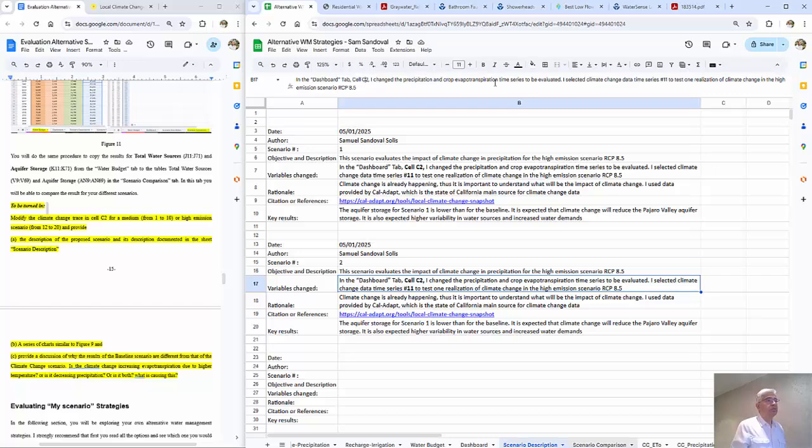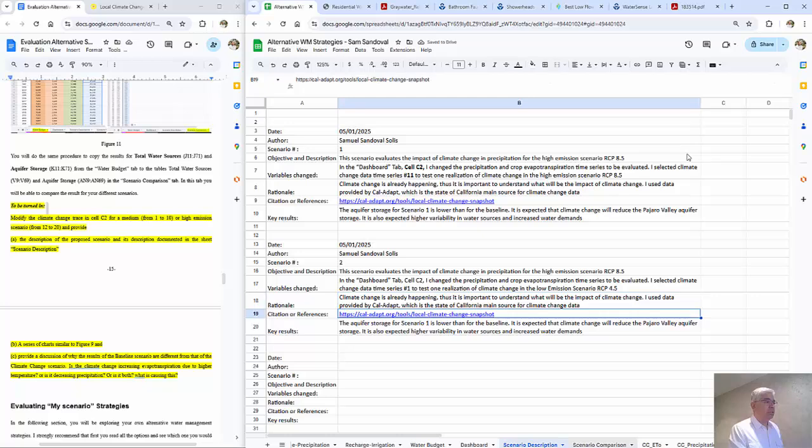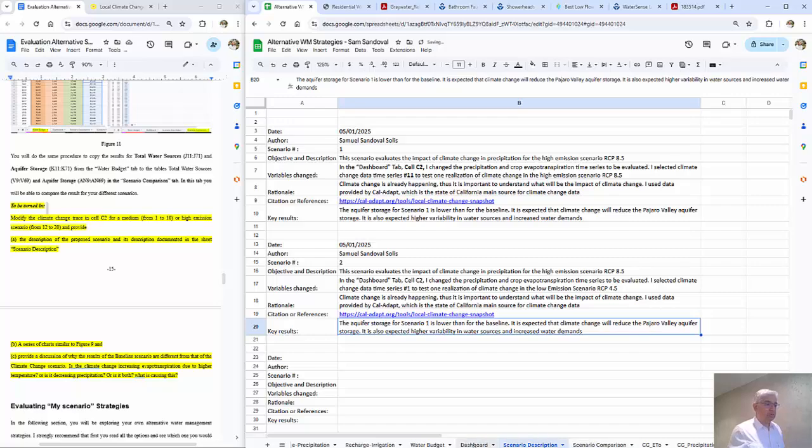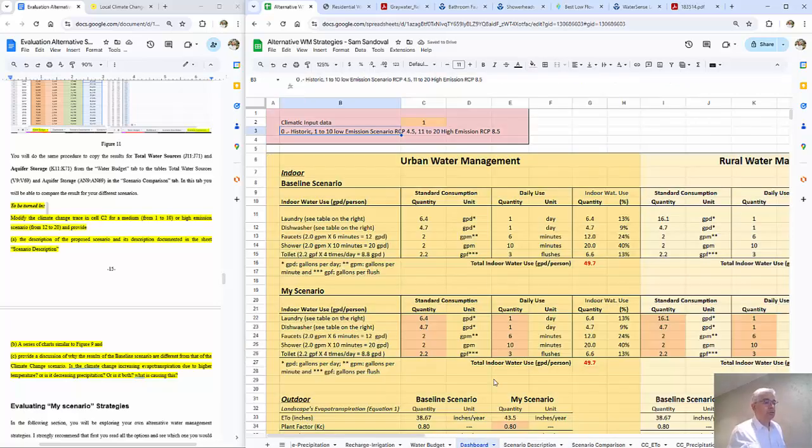In C2 of the dashboard, to series number 1, to test a low emission scenario. Climate change is already happening, and now what I need to know is what are the key results. So in here we'll go to